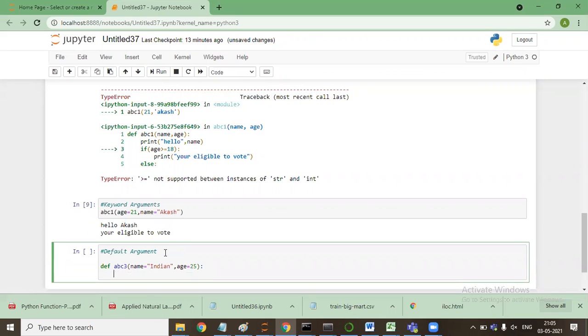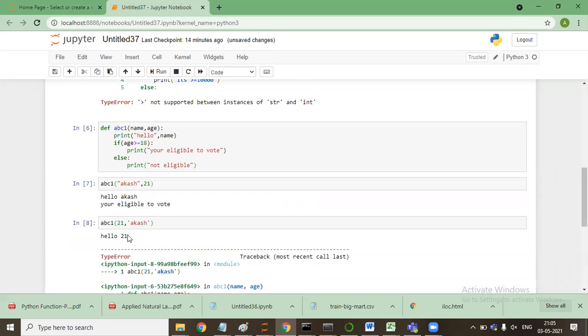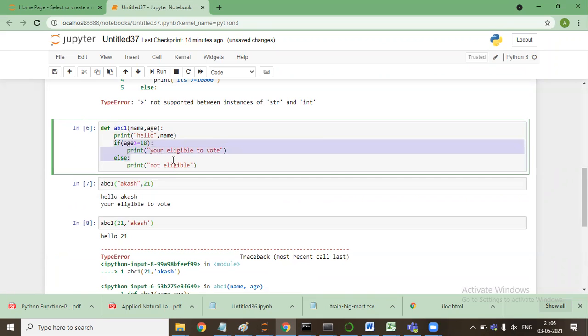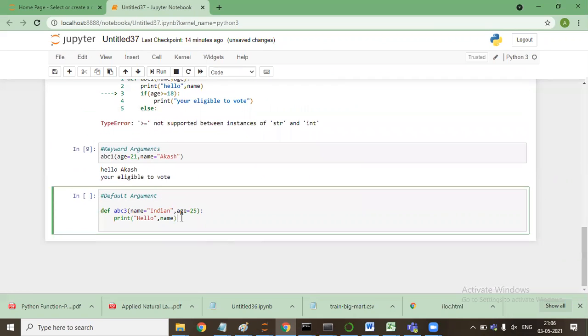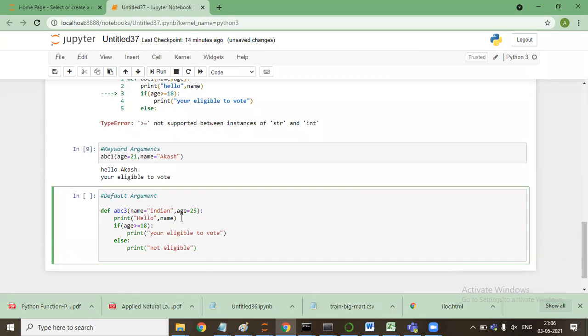Now I'll say print hello, name, and again the same thing: if age is greater than 14, then eligible, else not eligible.